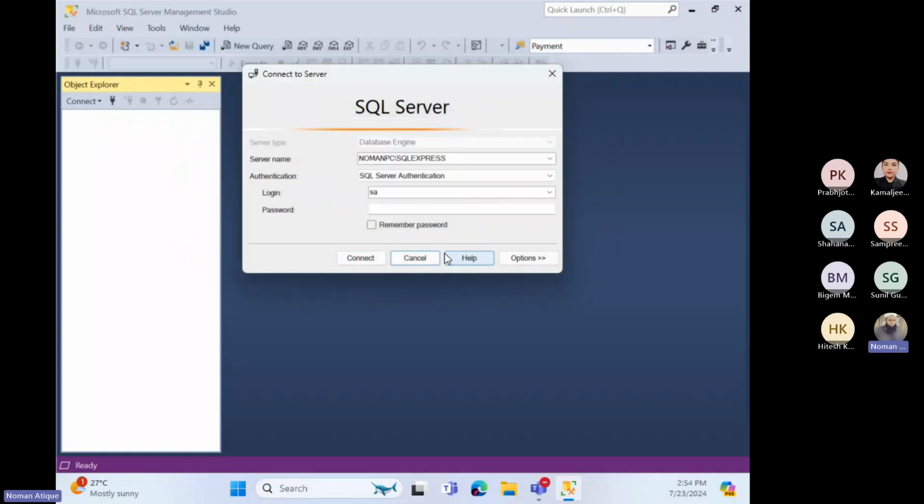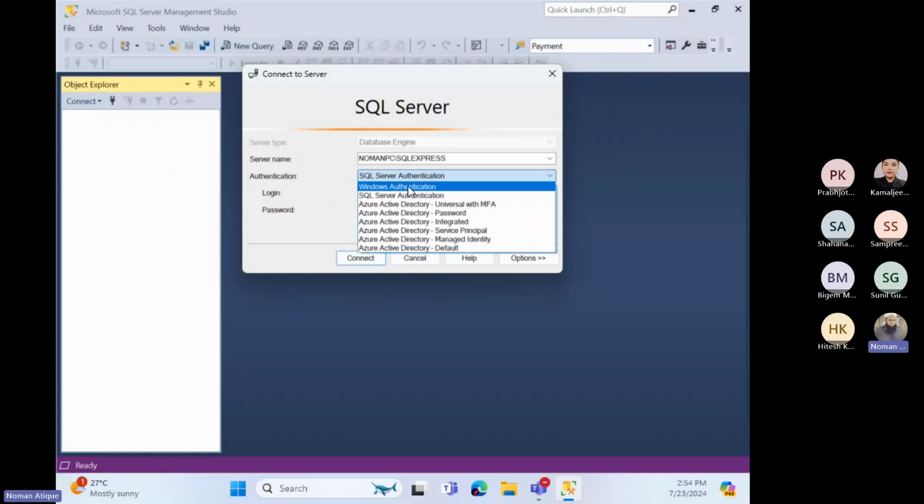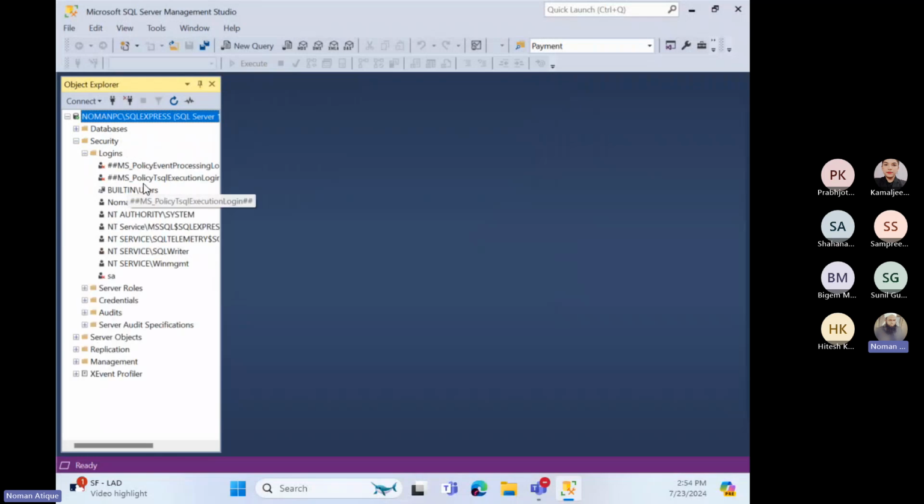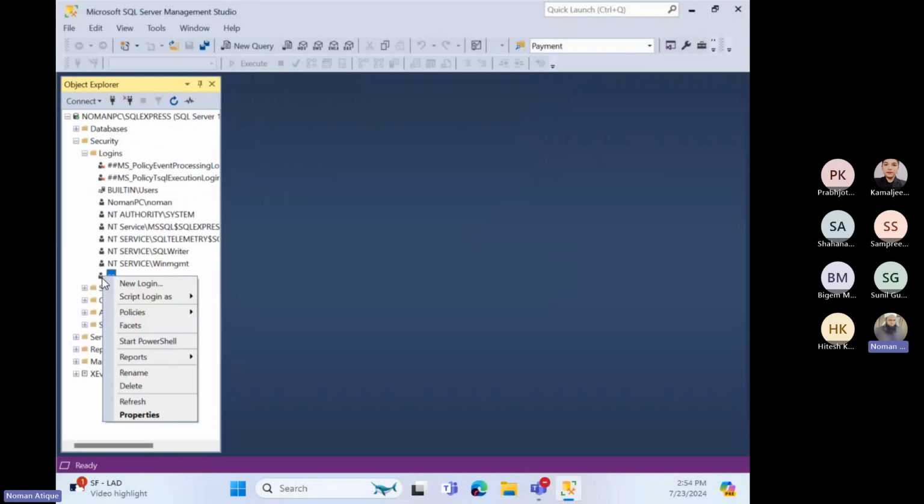And the reason behind that, which I understand, is if you see that for my users, if I just show you security and the logins, in the logins, this SA shows this cross. It means that it is basically being disabled or something. If I just go to the properties of this SA,